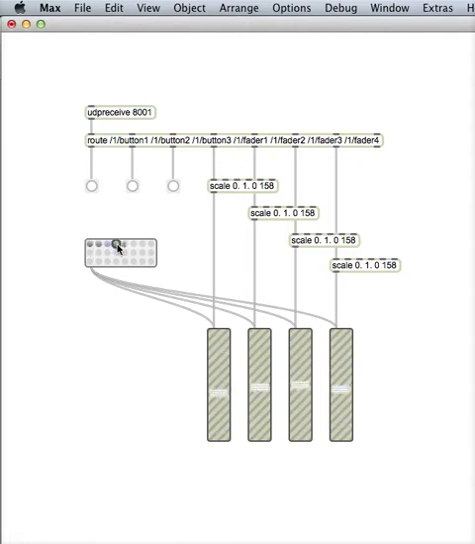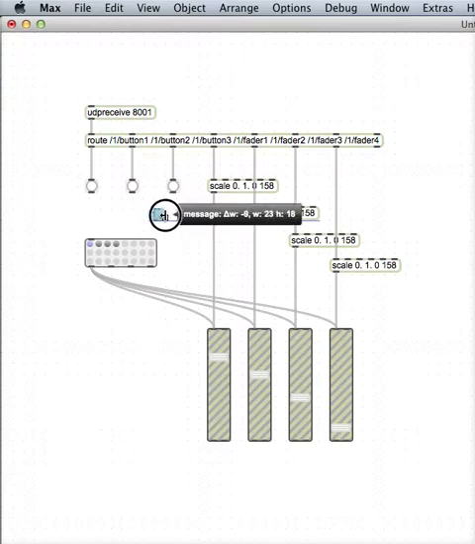So now we have 4 different presets, and what we want to do is use the buttons on Touch OSC and assign them to different numbers so that they will trigger different presets in the fader. And basically all we have to do is connect up